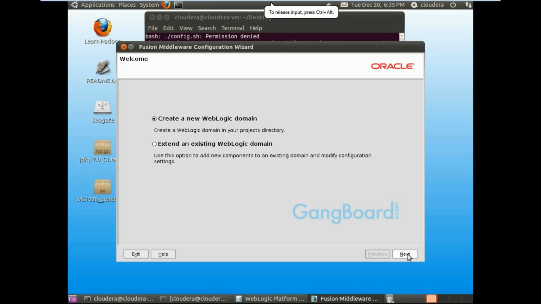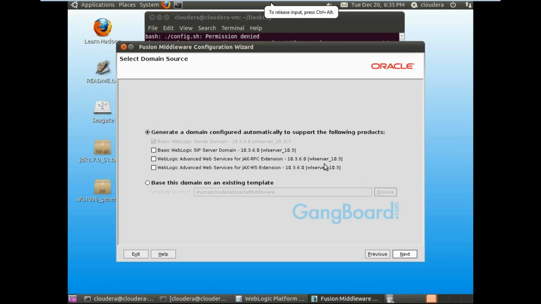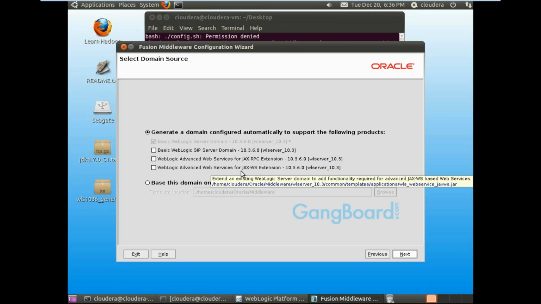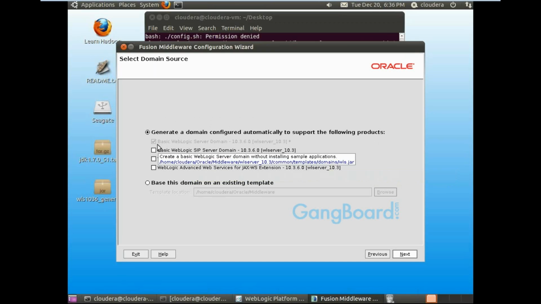Next, generate a domain configured automatically to support the following product. By default it will use the basic WebLogic server domain. No other options are required for our WebLogic server, so no need to check any other extensions. The default check is only required for installing WebLogic. We'll go for next.